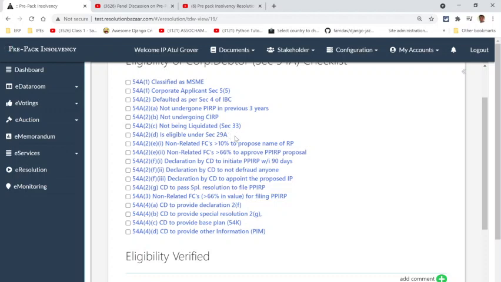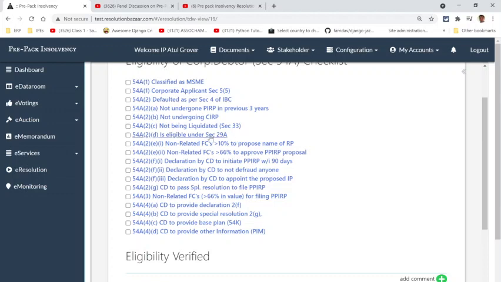Since the objective of the MSME predominantly for undergoing a pre-pack process is to take back the corporate debtor, it is best to verify your eligibility upfront, because once you initiate this process, it will get more and more expensive, and you would have expended so much time and energy. So it's best to ensure all the checklists, so that you're not stumped somewhere further down the line, and realize something that you should have contemplated previously.